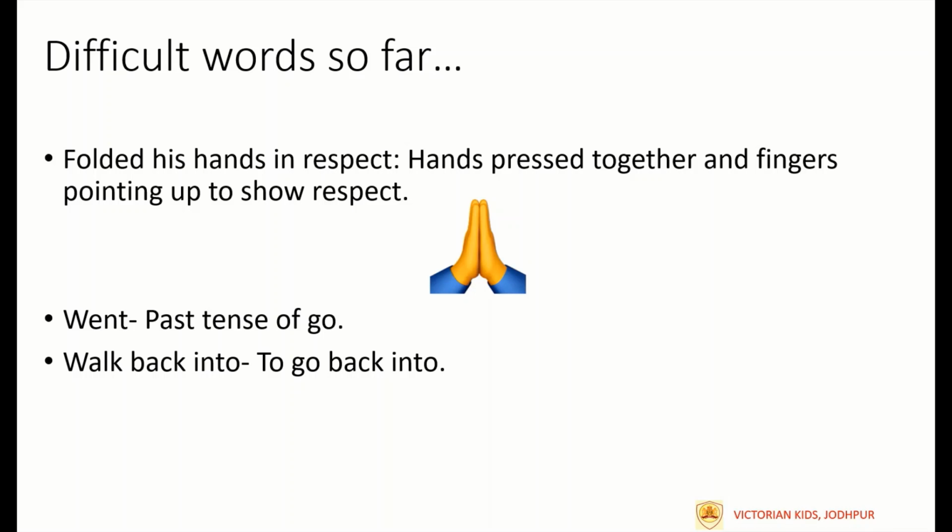In this last slide, we read that the boy feels ashamed for hitting the dog and asks for forgiveness from Mr. Roy. In turn, Mr. Roy advises the boy to not be cruel with animals as they too feel the pain like us. The boy promises the same and goes away. Mr. Roy goes back into his home smiling.